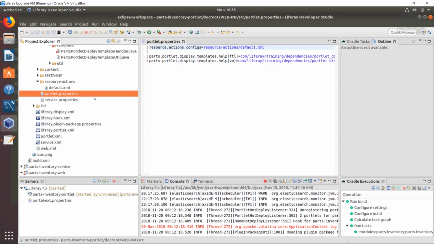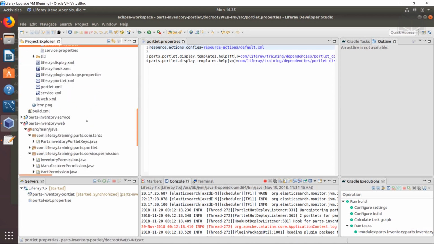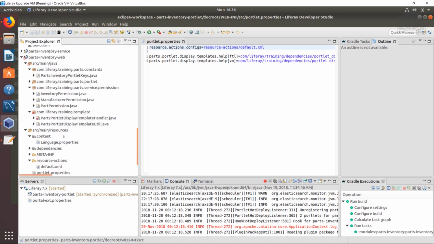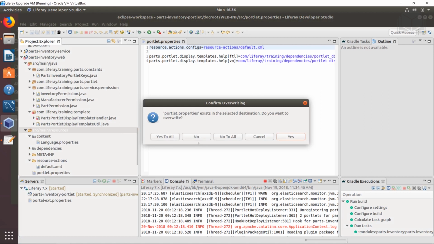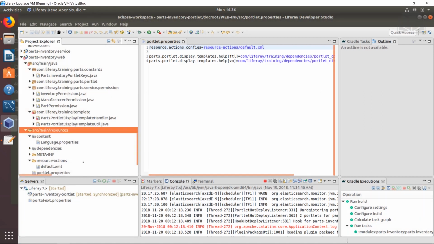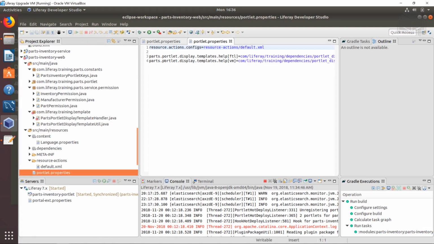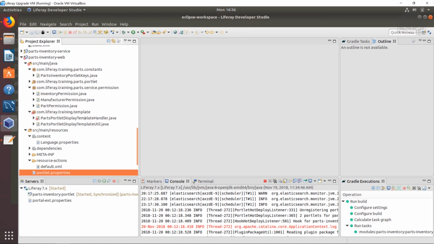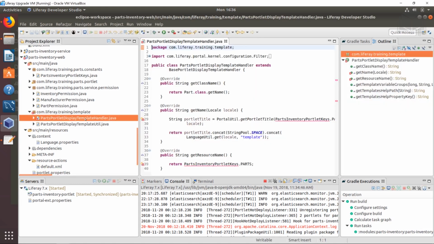So I'll copy the portlet.properties. I'm going to scroll down. We're going to paste it here in the source main resources like so. It's going to ask us to overwrite. I'll go ahead and say yes to all. I'm going to open up my other portlet.properties just to make sure the change has indeed propagated, as you can see here. So that takes care of some of the dependencies or some of the aspects of our application display